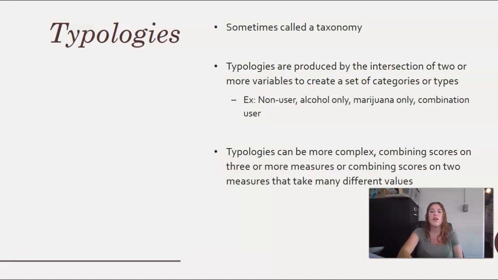So they allow us to combine scores on multiple measures, or combine scores on two measures, and that way it allows us to get a wider, broader picture. So for example, let's say we want to measure social disorder, and we want to include several different variables because social disorder can mean different things. So in order to talk about social disorder, we're going to include groups of loiterers, drug use and sales, vandalism, gang activity, public drinking, street harassment, graffiti.